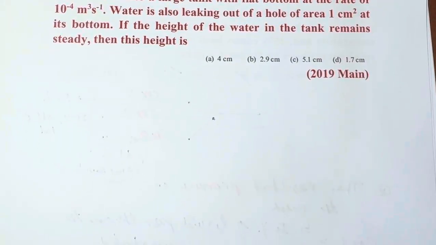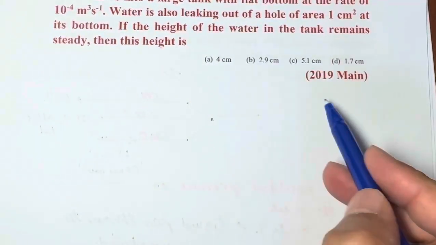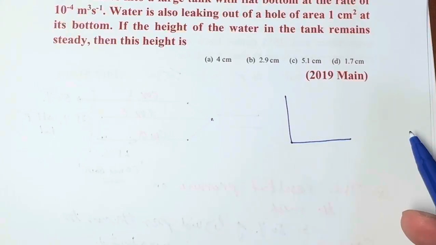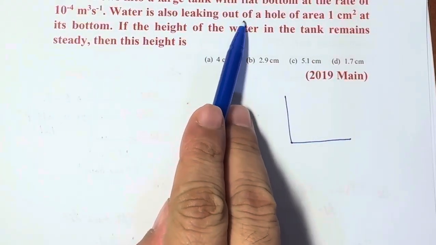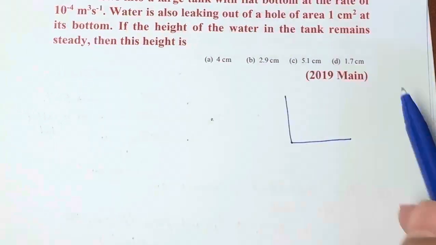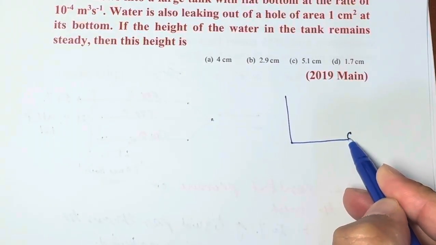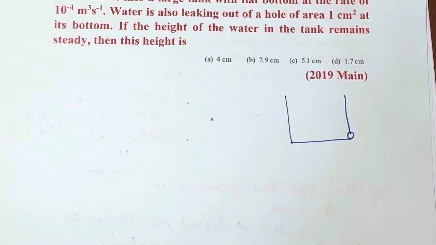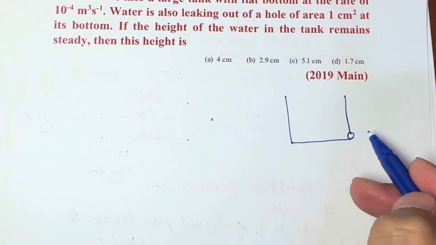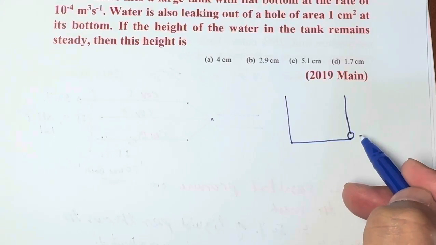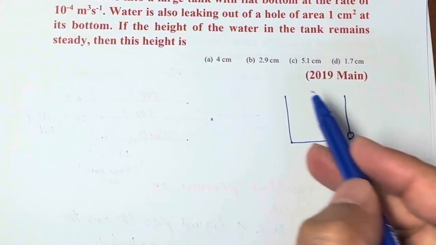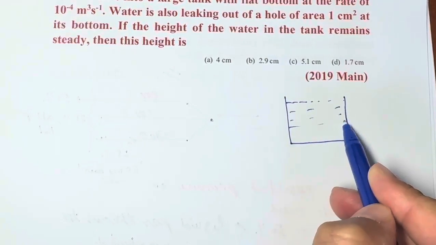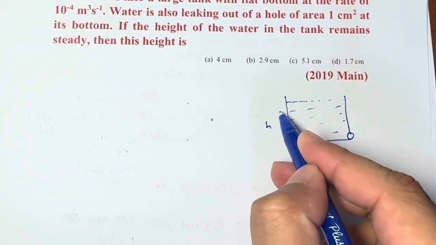So it is given that we have a water tank, and this water tank is leaking through a hole which is at the bottom. So let us suppose somewhere the hole lies here. And we are given the area of cross section of this hole, and let us suppose this is the height of the water. Let this height be h,